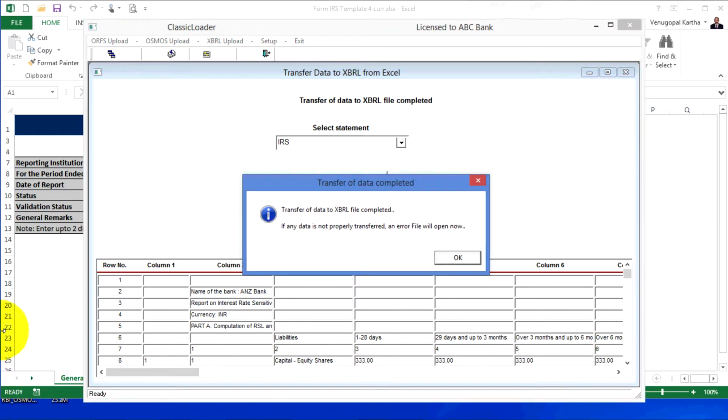See, now the data transfer is completed. You can check in the Excel file.